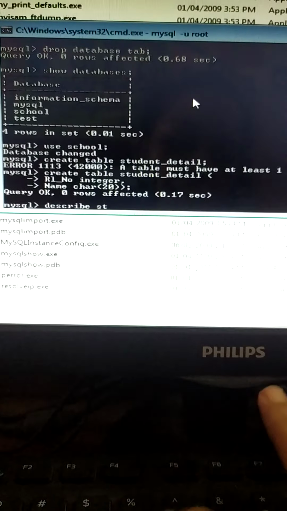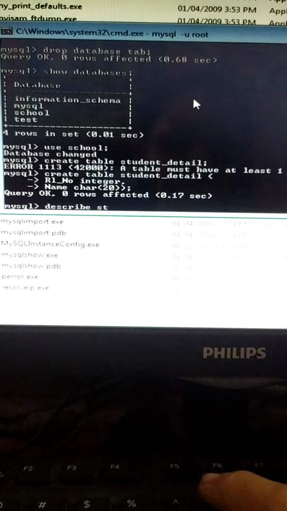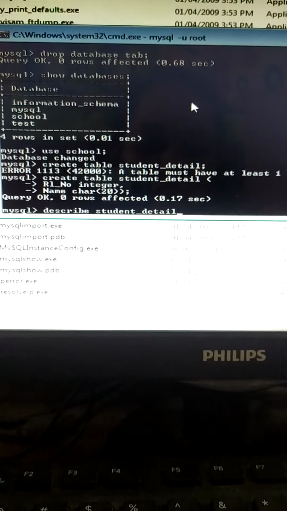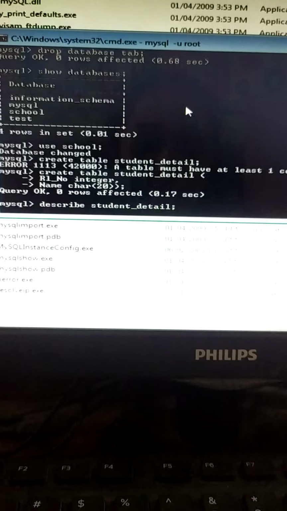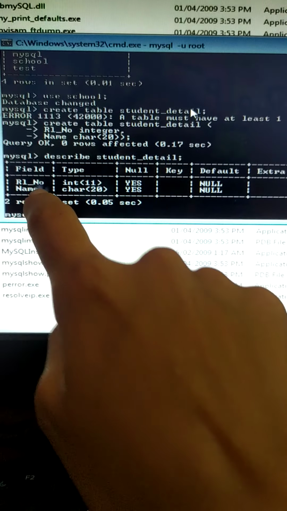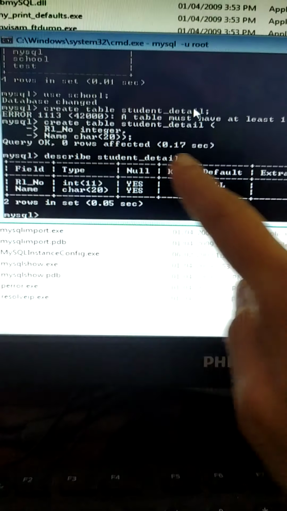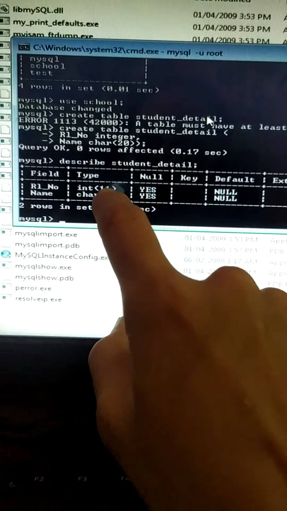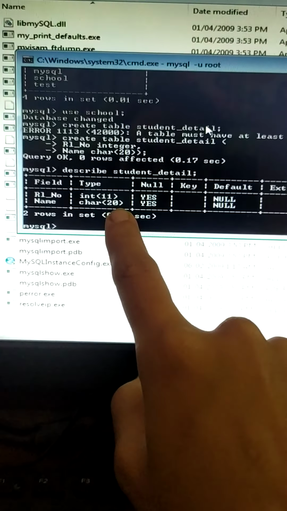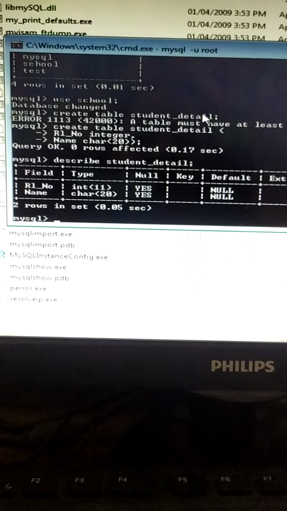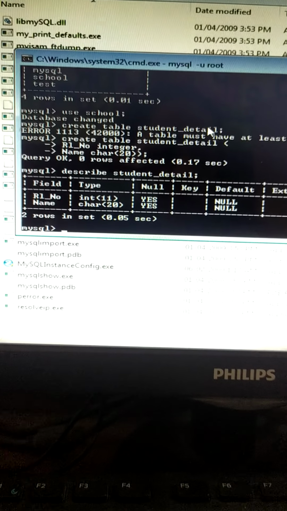Student detail, STUDENT underscore DETAIL and semicolon. See over here the table which we have created with field name roll number, that is integer, and name which is character, with the size we have kept as 20. So this is how to create a table and display the structure of the table.